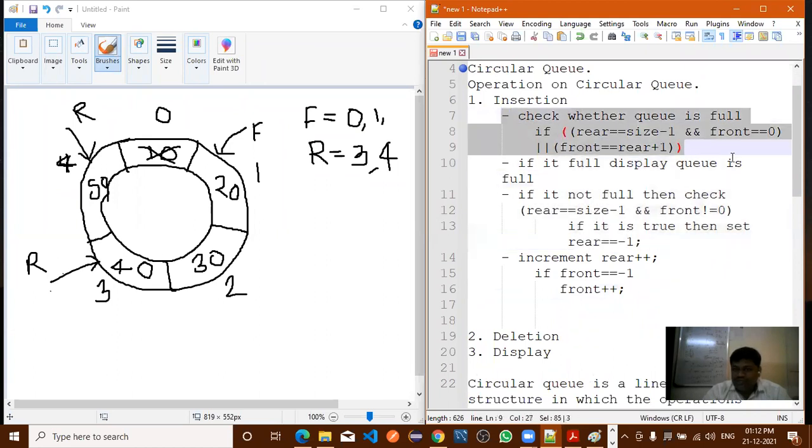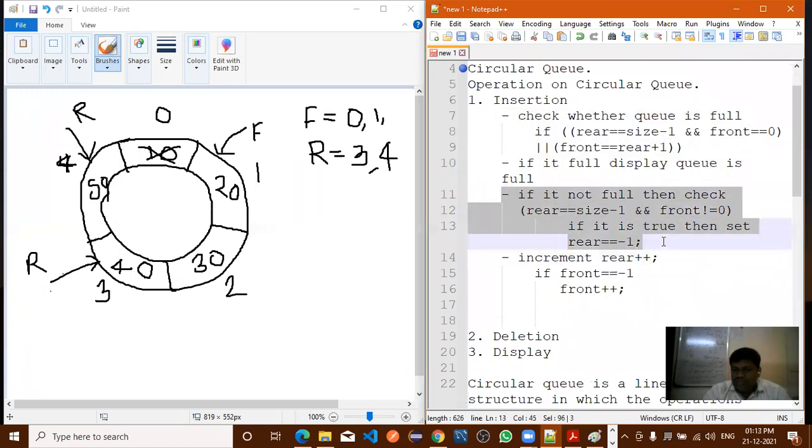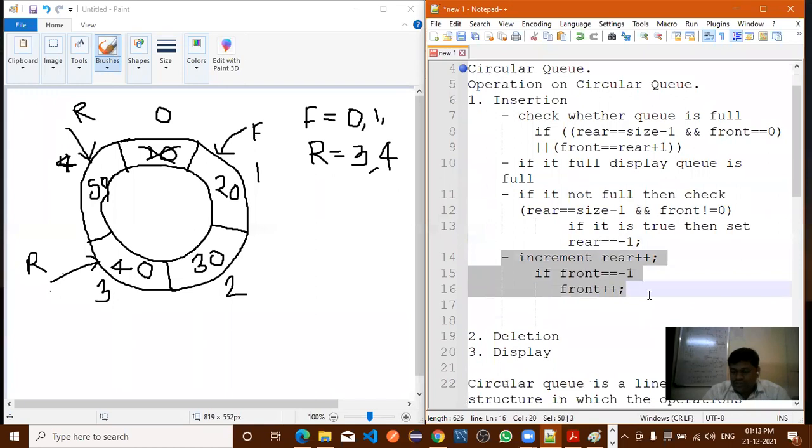So first step is this one, right? This is the first step. After that, this is the next step, and this is the third step, right? Now this step is applicable if you are inserting the first element, front equal to minus 1. If you insert the first element, what will happen?